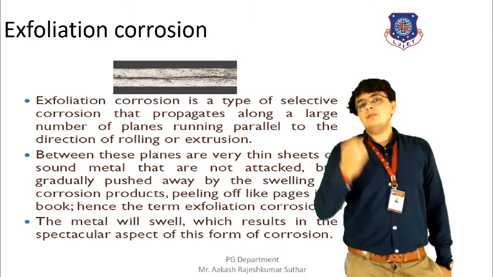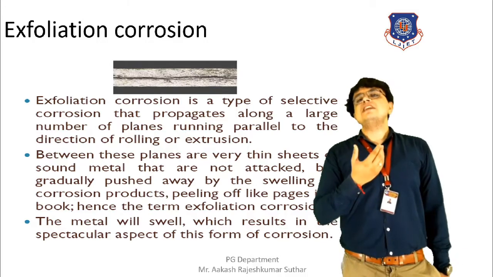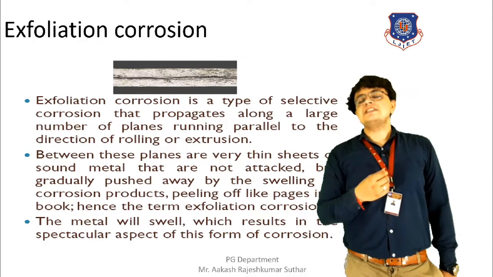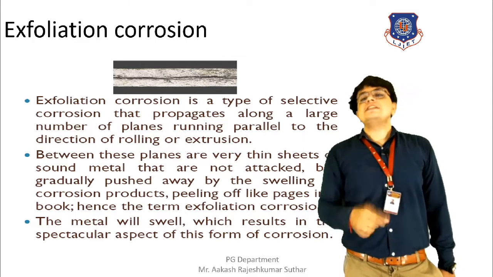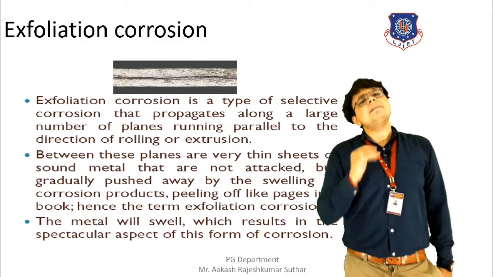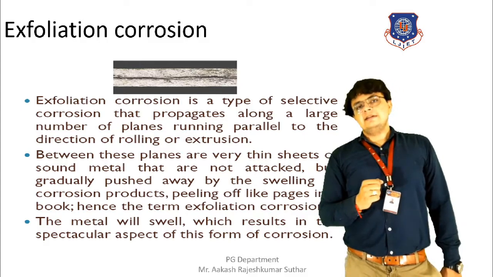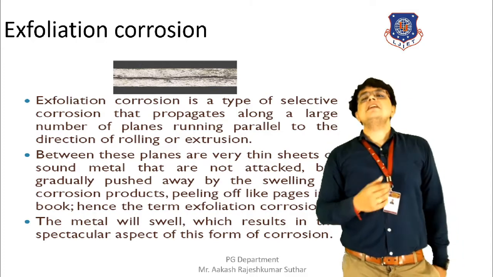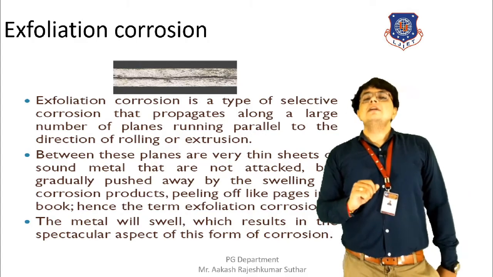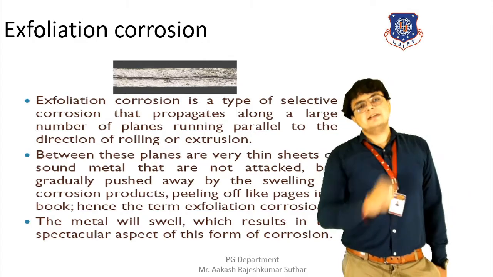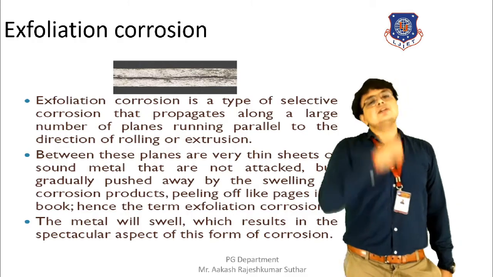Damage will be in the form of peeling off, either in the form of removal of the plane from the surface, pushing it off the surface, or we can say that the disruption of the surface used to take place. Physical damage is much more than the chemical damage. As a result of this, the material will be lost, irregularity of the material will be found, and as a result of this, the corrosion will be taking place. This was the exfoliation corrosion.